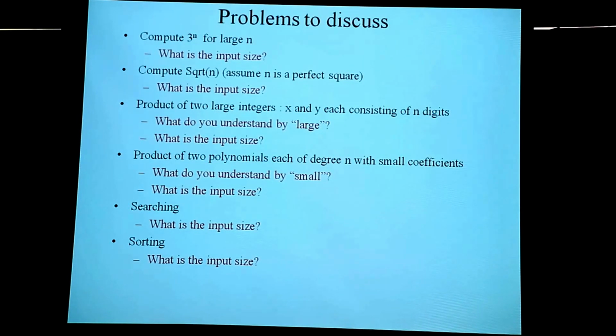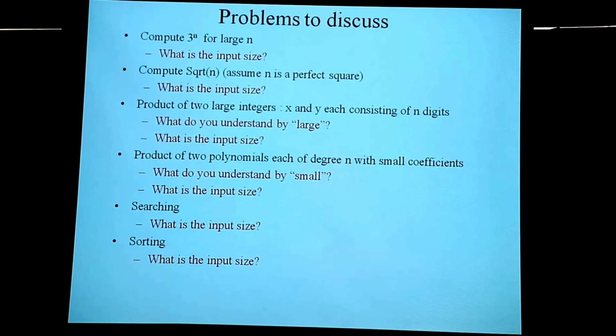Clear? How will the input be specified for a large integer? If this is the integer, this is exactly how you will specify the input for a large integer. And each one of them is a small integer. Fine. So there is quite a correspondence between a large integer and a polynomial of the same degree with small coefficients, and we'll use it further.